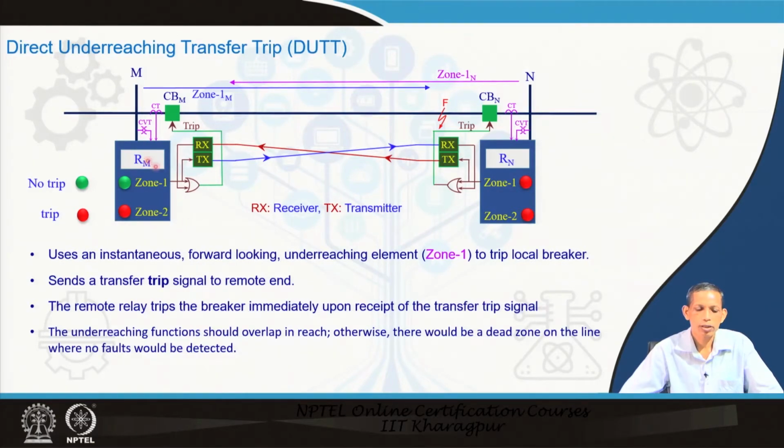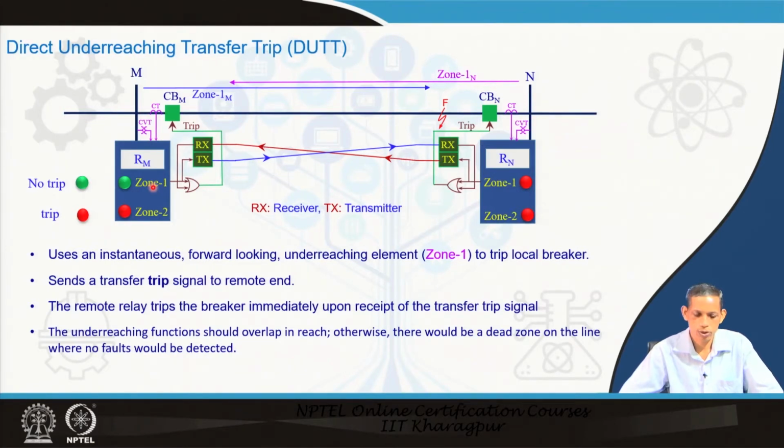These are the M and N buses, and we have the transmission line, the corresponding distance relay block here and the relay block at the other end, and then the associated breakers connected to them. Let us say at this relay we will have a zone 1, zone 2 and zone 3, and other zones may also be there, and similarly here also. But for this direct underreach transfer trip scheme, we require only the zone 1